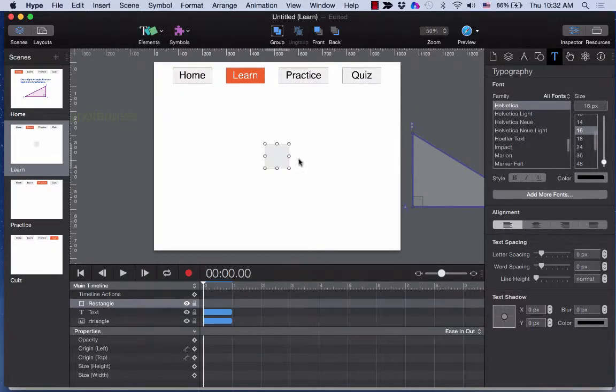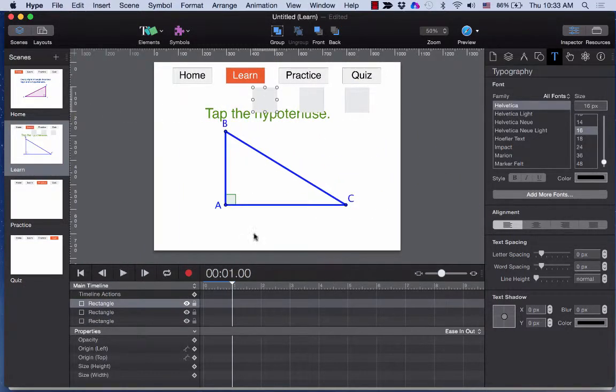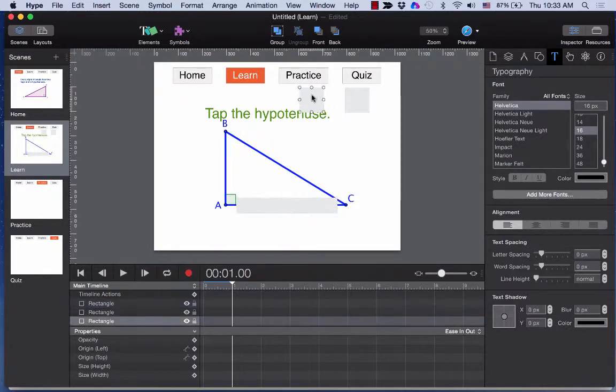Okay, now that we have some animation built into our home screen, on our next screen, the Learn, we're going to build in some interactivity so that this user gets a little bit of feedback. So what I've done is I've created 3 rectangles. I've cloned those, and now I'm going to create them as touch points that lay over the top of the